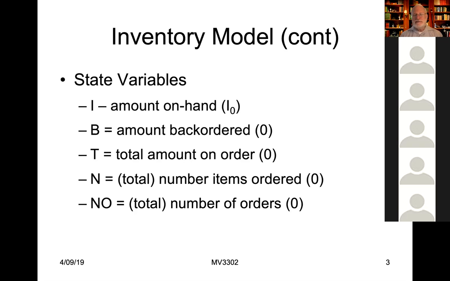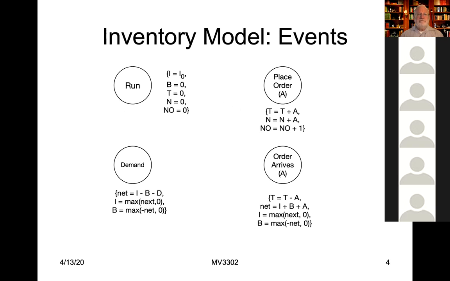Now, we say must. I mean, if you're defining the model and you forget or neglect to do that, then the state variables are not completely defined. In other words, a state variable is only completely defined when its initial value is specified. Okay, so starting with the run event,